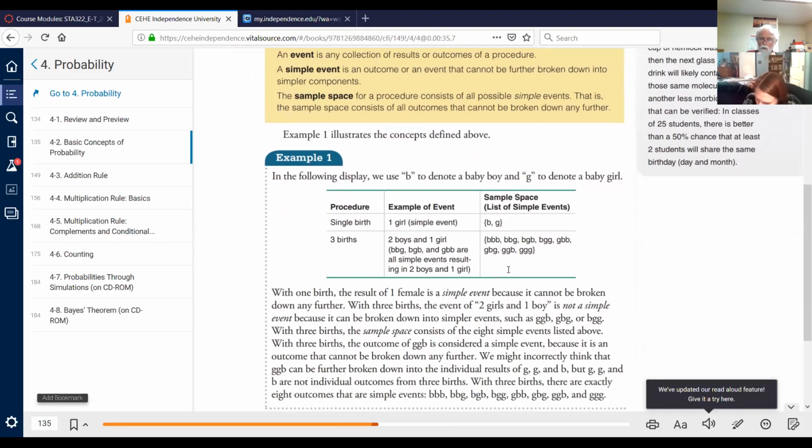If the birth of a boy would also be a simple event. And in fact, there are simply 2 simple events. So it's a sample space of 2, a boy or a girl. But if we have triplets, say, or 3 births, say,